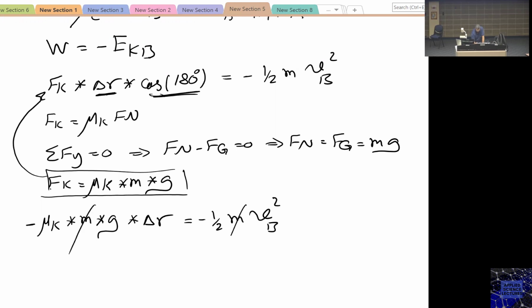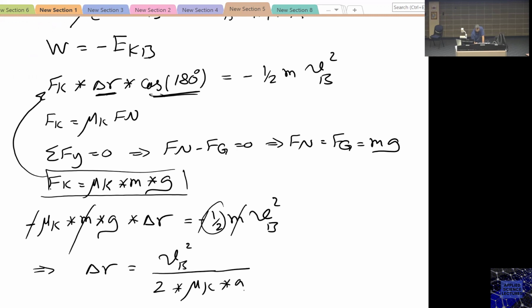M with the m and the minus with the minus, then delta r is vb squared divided by 2, which comes from the half here, times mu k times g,